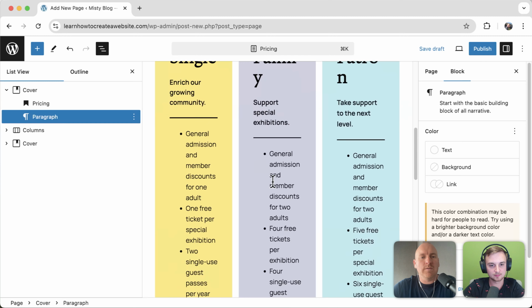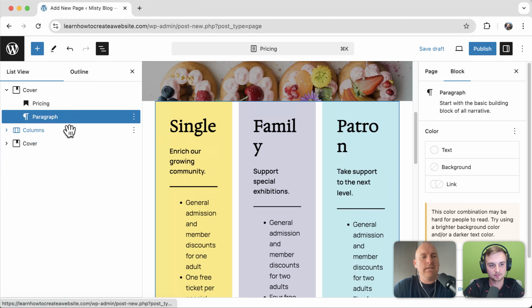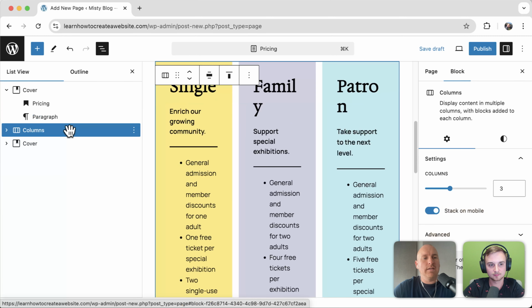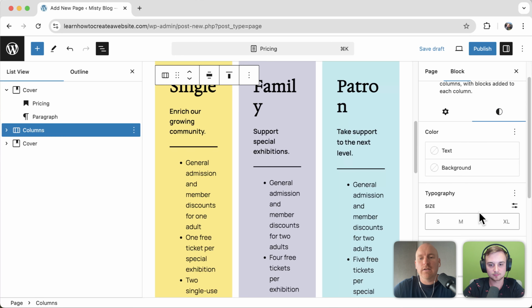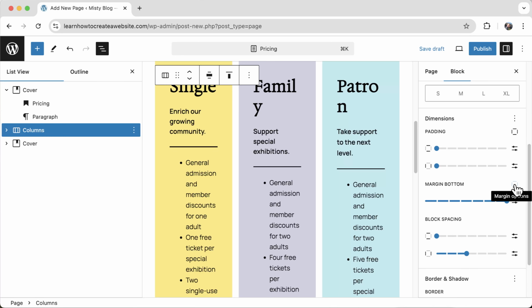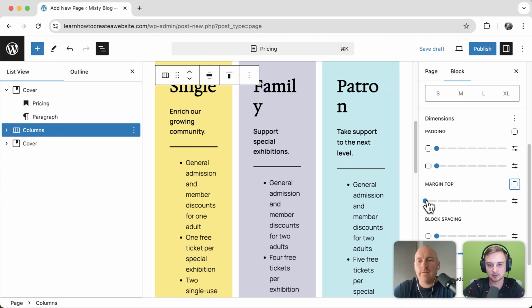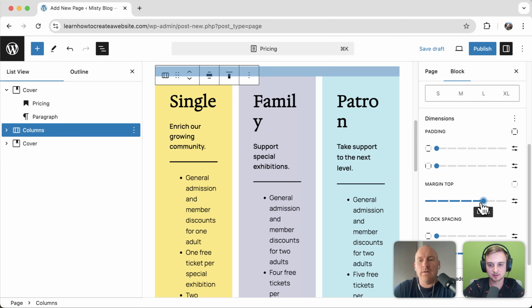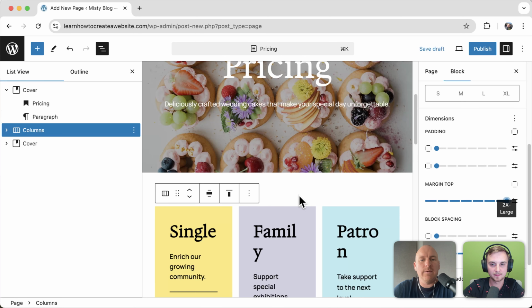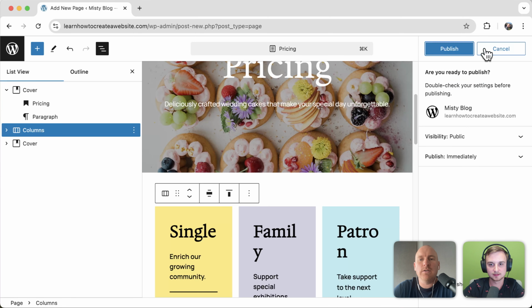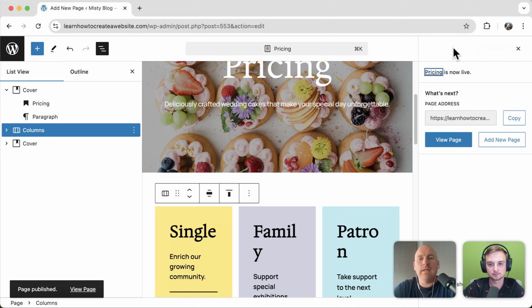Now we need a little bit more space at the top right here. That's easy. We learned that before. We just click on this columns, go to style, go down here. And instead of margin bottom, we want to click margin options and then select top and give it the same amount of margin. So all the way to the max. All the way to the top. Yes. Cool. And now we got some spacing right there, and click publish, publish again,